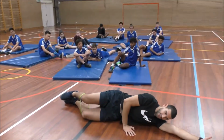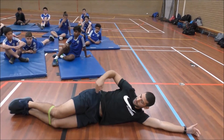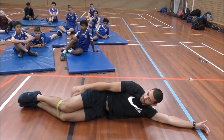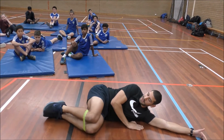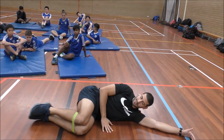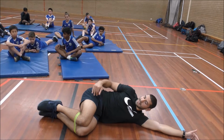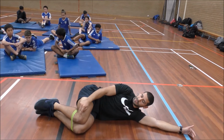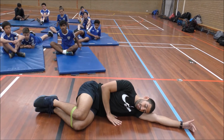His hand comes out, rest your head on it. You want to stack your joints. So what I mean by stack your joints is hip goes on top of the hip, ankle on top of the ankle, knee on top of the knee, shoulder on top of the shoulder. Then you're going to bring your knees up, make an L shape with your body, and tuck your heels towards your butt. From there, keep those joints stacked, and I just want you to move your knee up as high as you can. So it ends up looking like this,